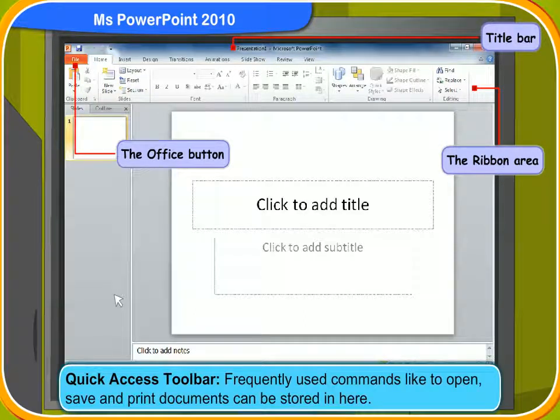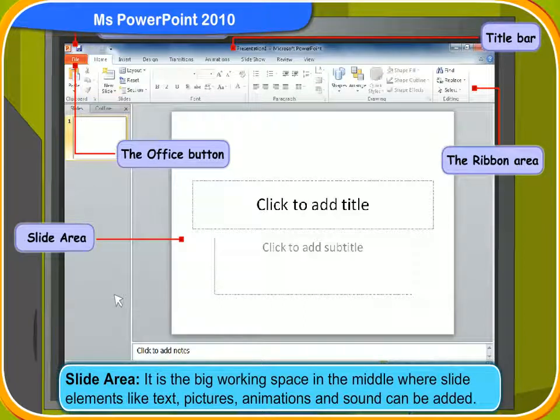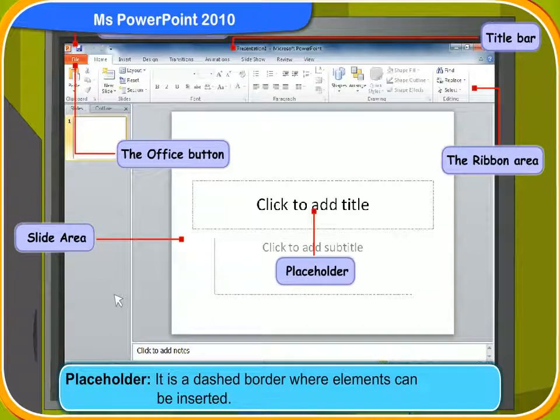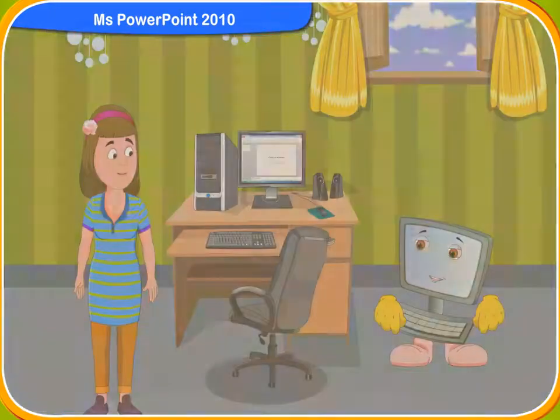Frequently used commands like open, save, and print can be stored in the Quick Access toolbar. The slide area is the big working space in the middle where slide elements like text, pictures, animations, and sound can be added. The placeholder is a dashed border where elements can be inserted.